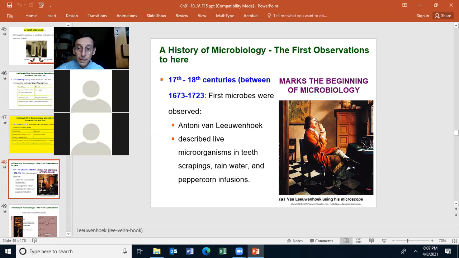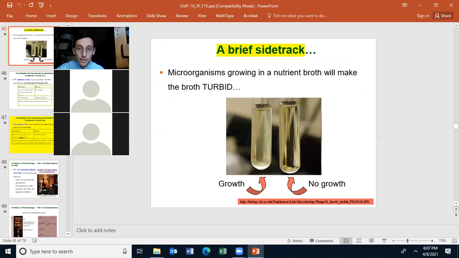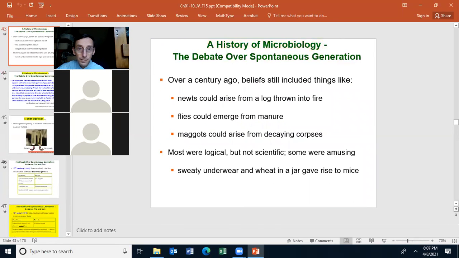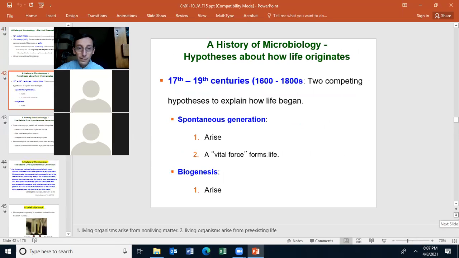Any question about any of that? So he's the first one who saw microorganisms, which happened much later than Robert Hooke, almost 100 years later. Not quite, but almost. When we're talking about the history of microbiology, it's important to realize that the early microbiology